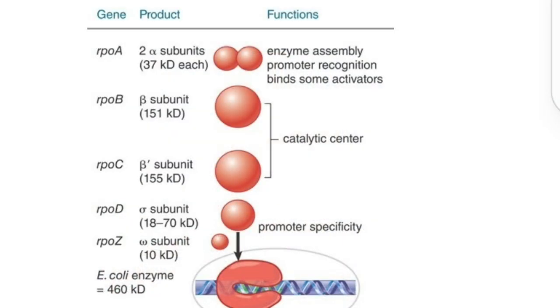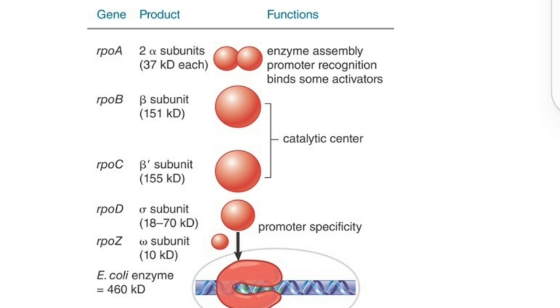So now let's start with the different subunits of the RNA polymerase enzyme. The RNA polymerase enzyme is composed of 5 types of subunits: alpha, one type; beta and beta prime, 2 types; and omega. So these alpha, beta, beta prime and omega form the core enzyme. So 2 molecules of the alpha subunit, 1 beta, 1 beta prime and 1 omega form the core enzyme. When it binds with the sigma factor, they form the holoenzyme.